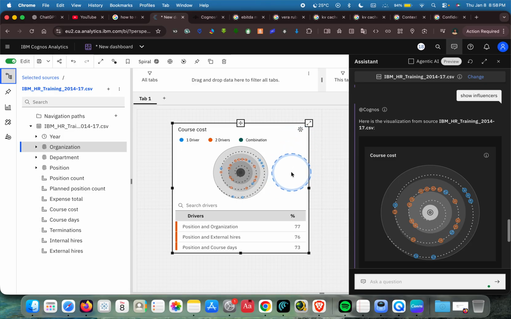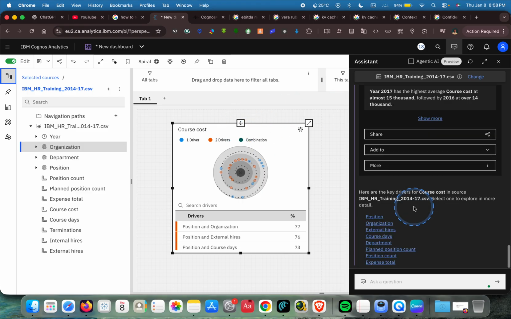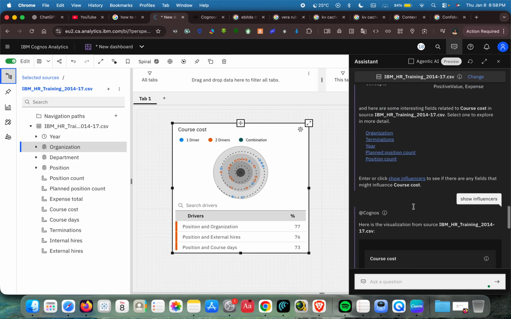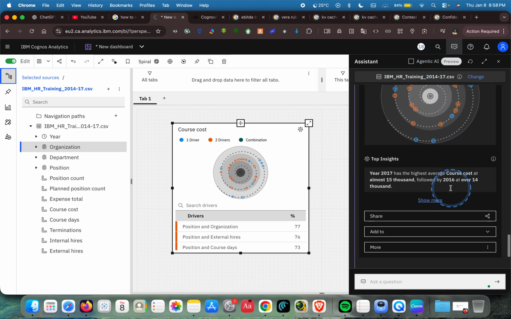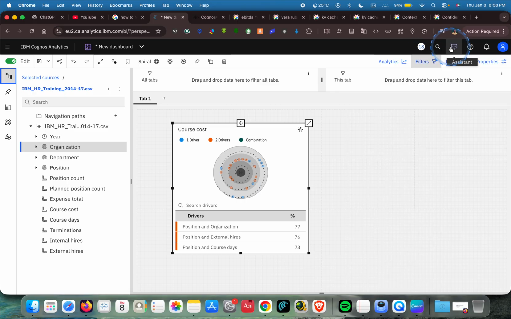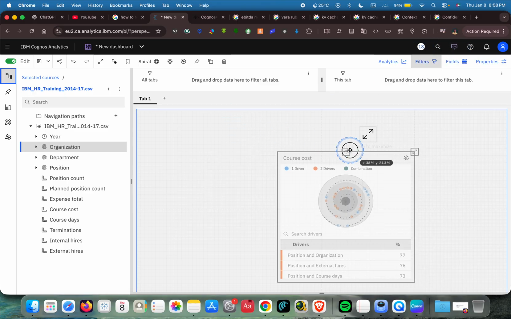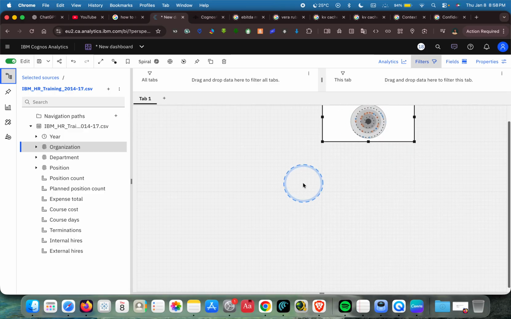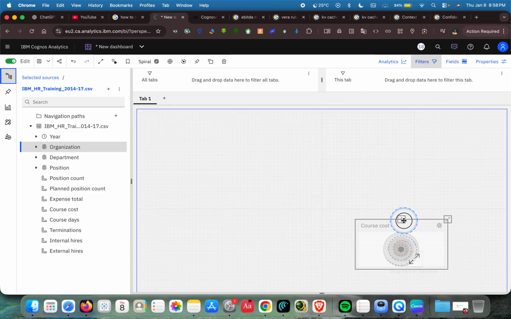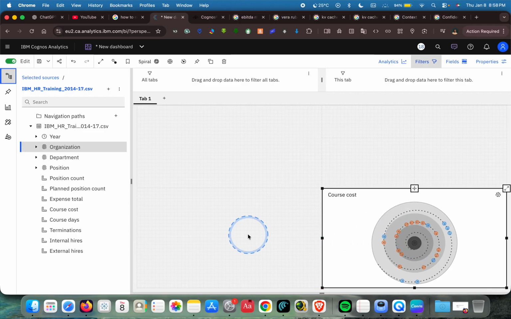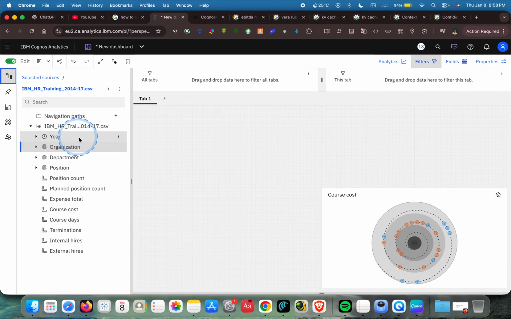So these are the drivers for cost. Let us close the assistant for now, so we can drag this into. Okay, I think we should break it down. So let's say we have